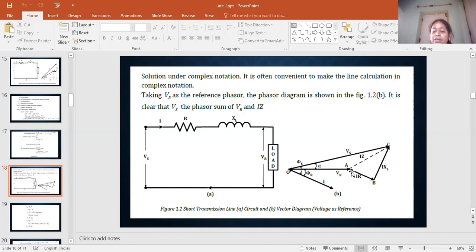Okay, and here the representation for the drop is nothing but IZ drop. IZ is nothing but the impedance. It is the combination of resistance plus inductive reactance. Okay, Z equal to R plus jXL. And here the representation for the drop is nothing but the IR drop. The current direction based on this drop is here.